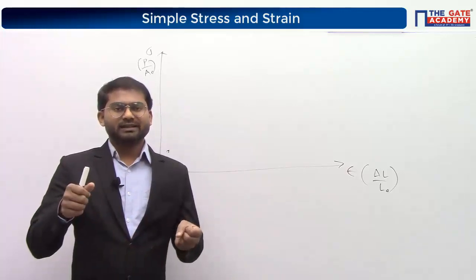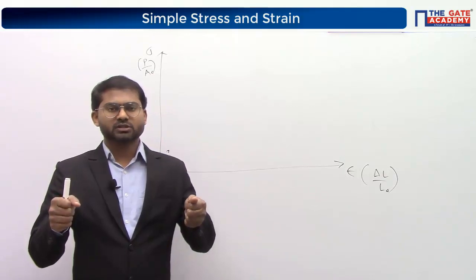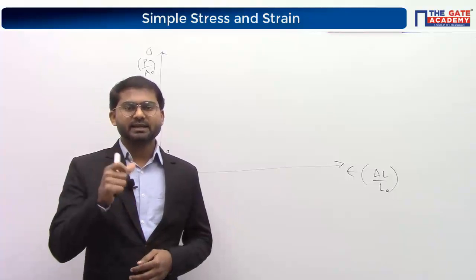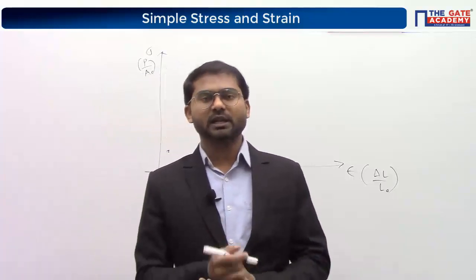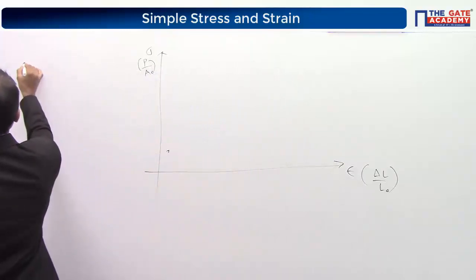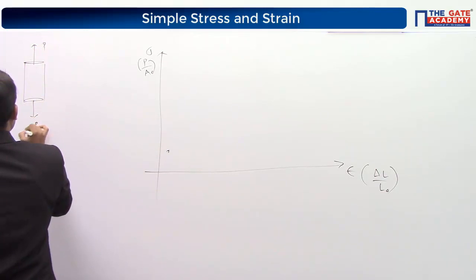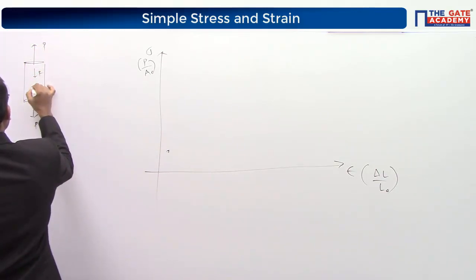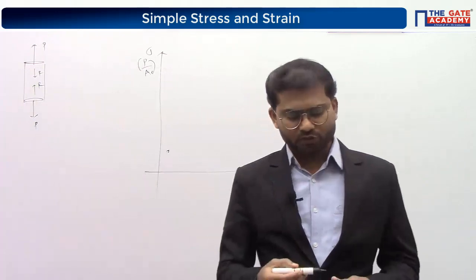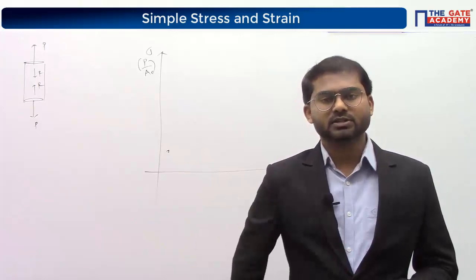That's the reason why a technician was employed to increase the value very slowly using the dial gauge. If you are increasing the load very fast, then the internal resistive force produced inside the material will not be equal to the applied force. So we should increase the value of P very slowly, so that we are giving sufficient time for the material to produce internal resistive force R, and our stress value is equal to P by A, which is equal to R by A.